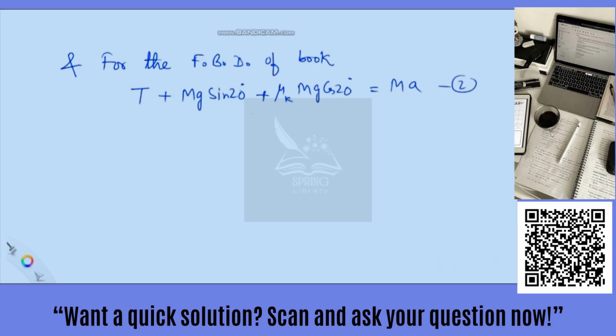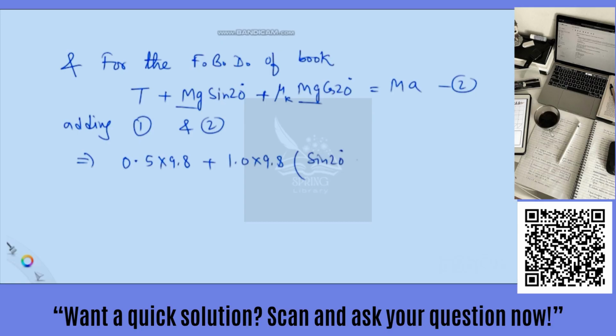That is equation number 2. Adding equations 1 and 2, tension T will be cancelled, leaving behind small mg, and plugging in the known values also. For small m, that is 0.500 kilogram into 9.8, plus for capital M, 1.0 kilogram into 9.8, and here we are taking this mg as a common out, so leaving inside sin 20 degree plus mu k